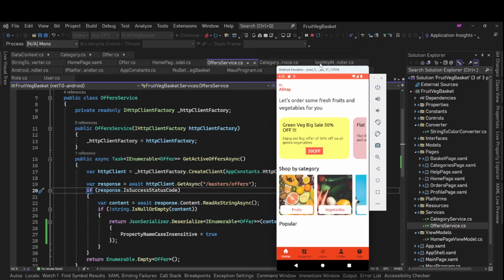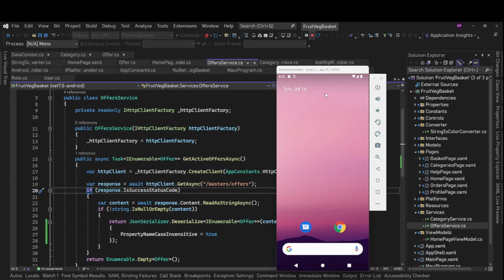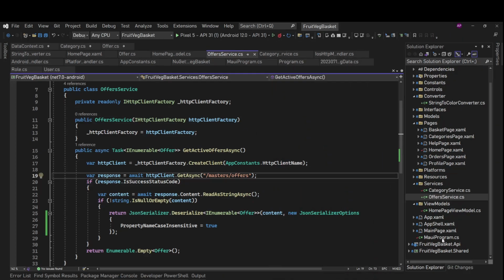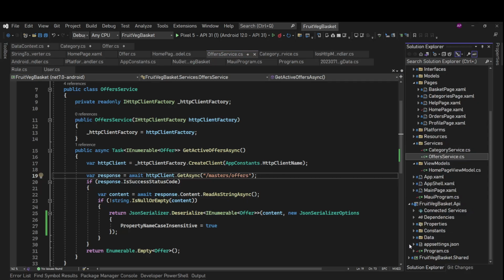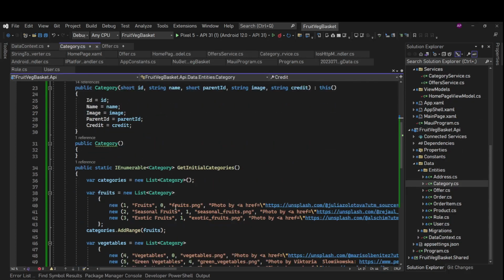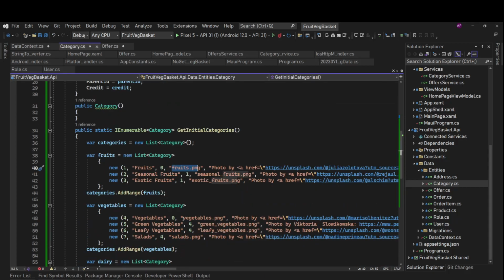Okay. And we have one thing. Right now, for our categories, the URLs, if we check the category seeding data, we had fruits.png, vegetable.png.